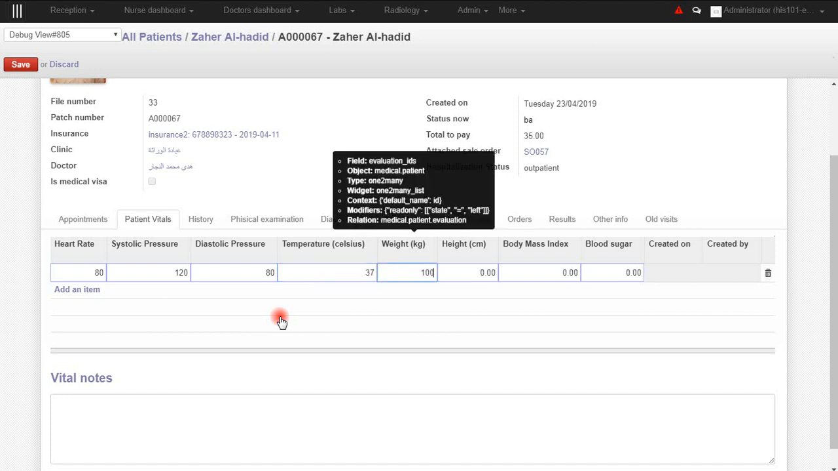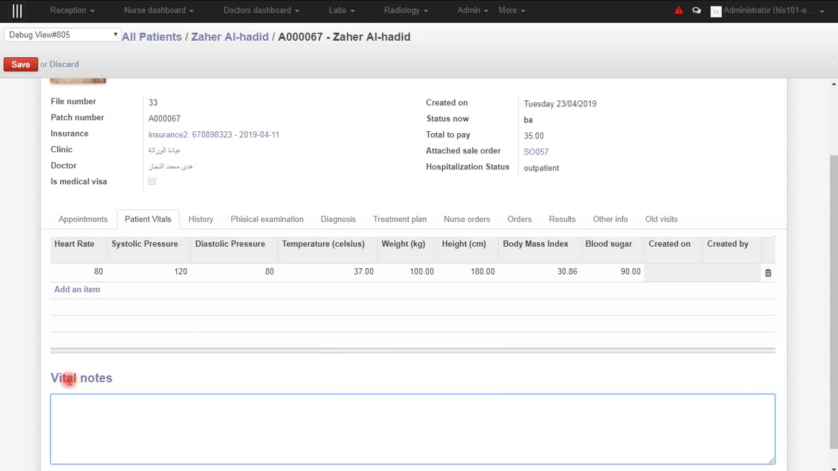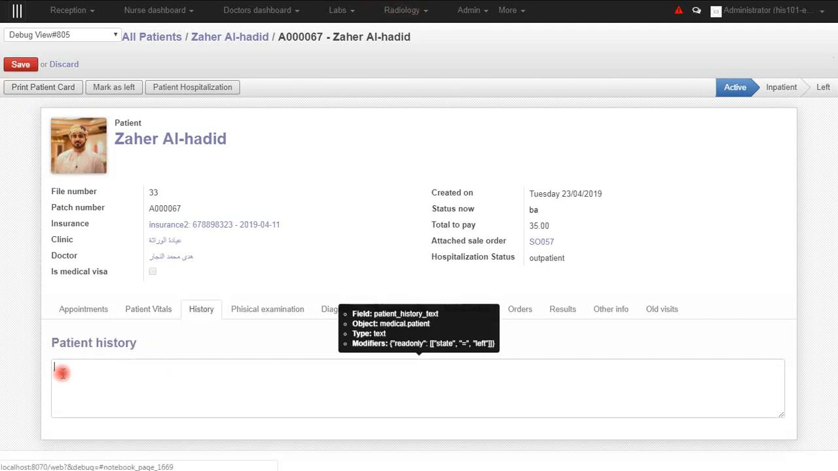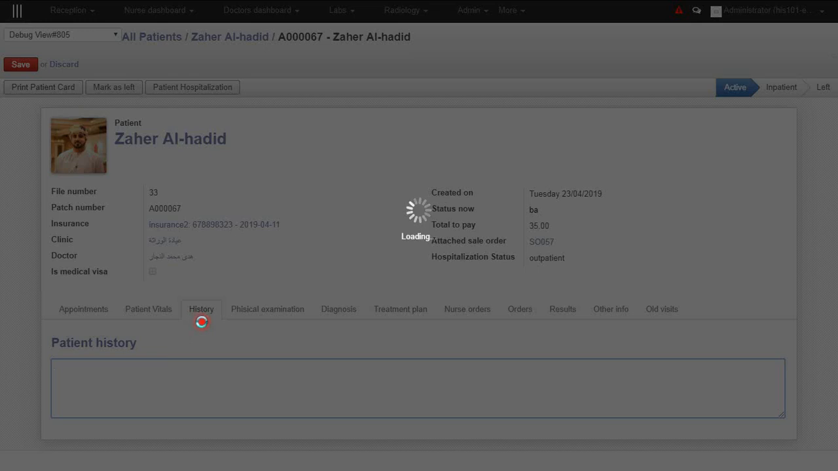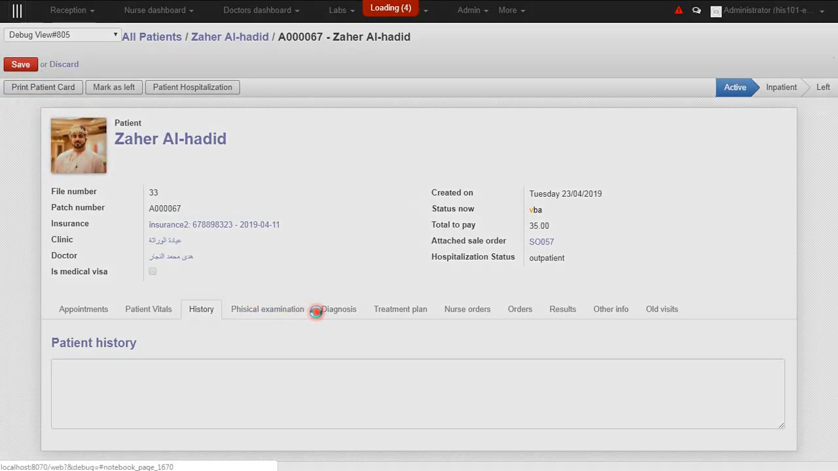and this is the weight of this patient in this visit, and his height, and as we can see, the body mass index is automatically calculated, and this is the blood sugar, sorry. Any other vital notes can be added here by the physician. Also, the physician can record any history gotten from the patient here, any physical examination,